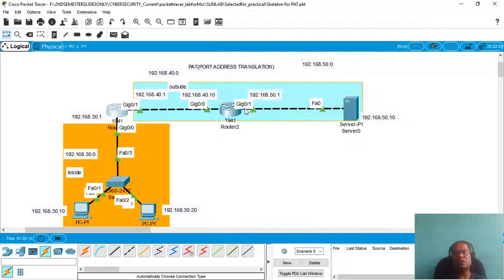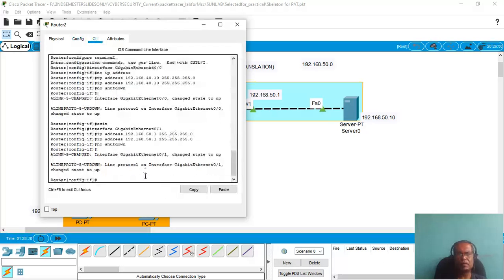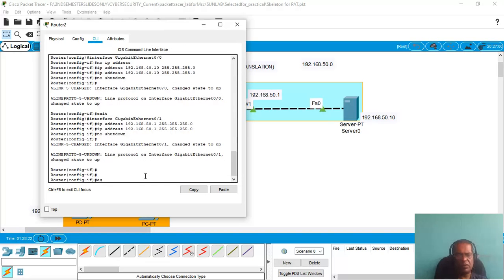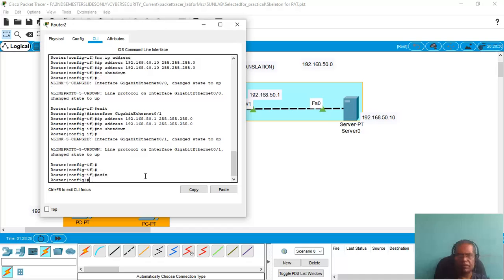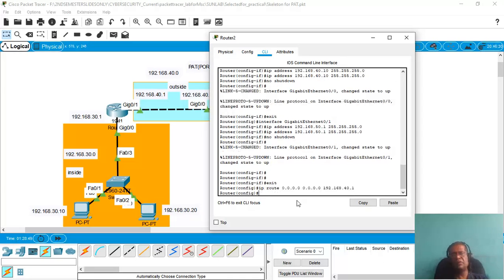Let us do the same configuration here. This will be IP route 0.0.0.0 0.0.0.0 192.168, and the next hop router interface will be 40.1. Okay, so this is done.